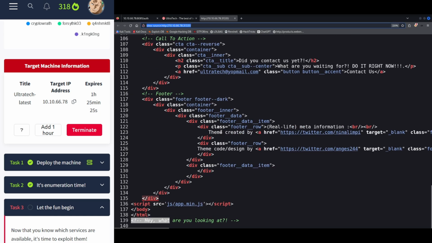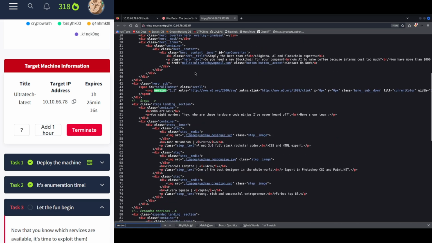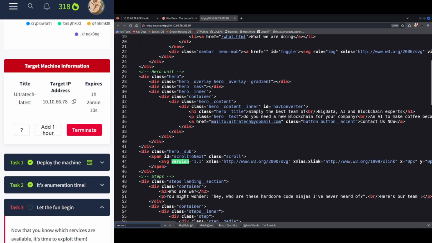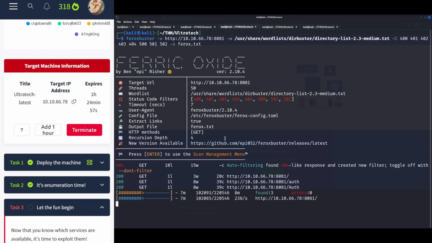So let's do a quick Control F and look for "version" to see if we find any version. There's one version here, but it's a W3 SVG type of thing. It doesn't seem like anything we want to look into. All right, so it doesn't seem like port 8081 is that important to us, because the Feroxbuster, we gave it